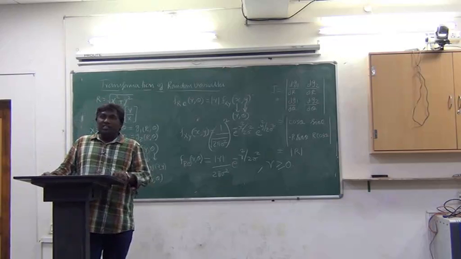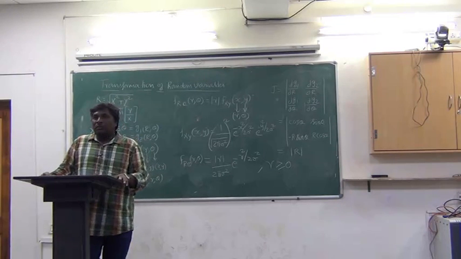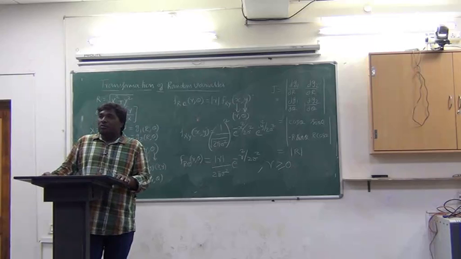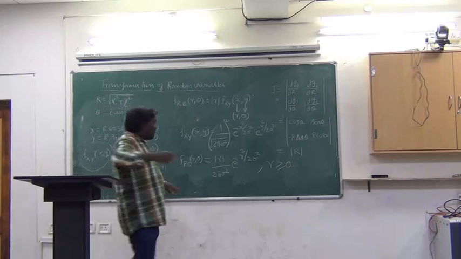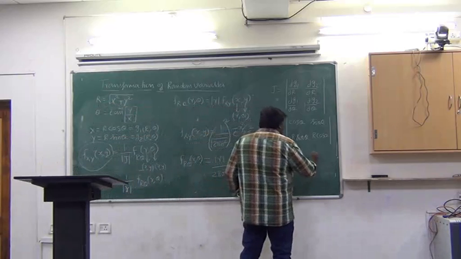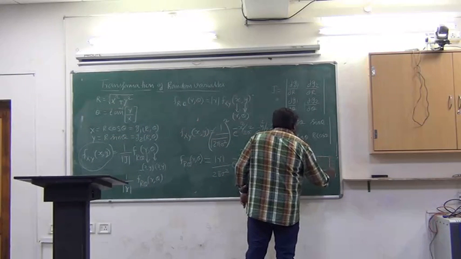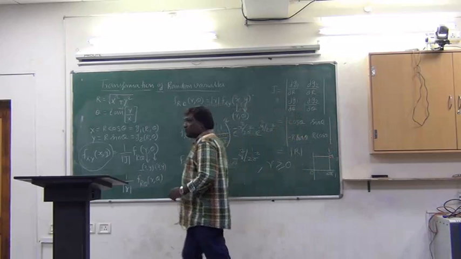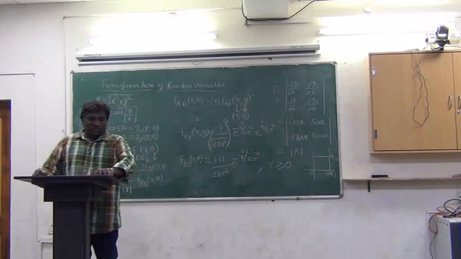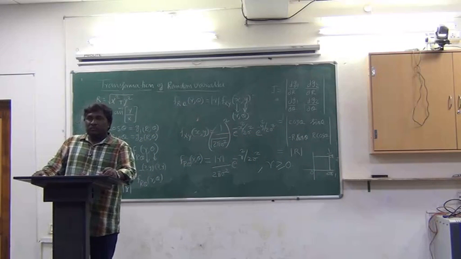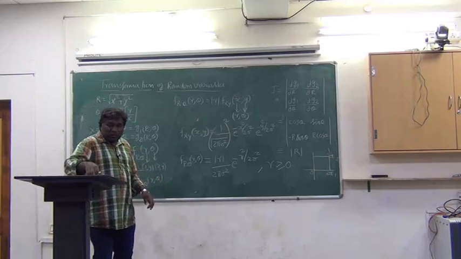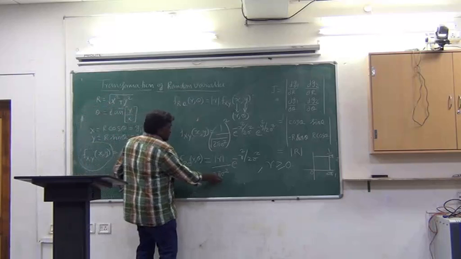What it means is that theta is uniformly distributed between 0 to 2 pi, with the density 1 by 2 pi. So if we remove this 1 by 2 pi from this,